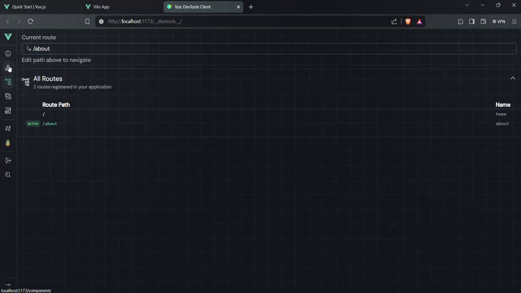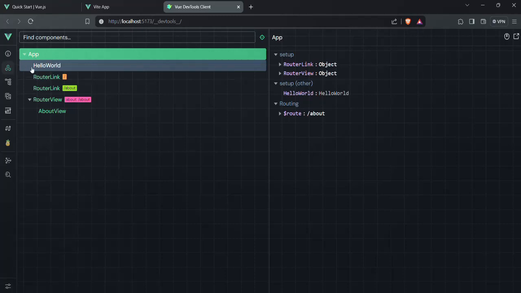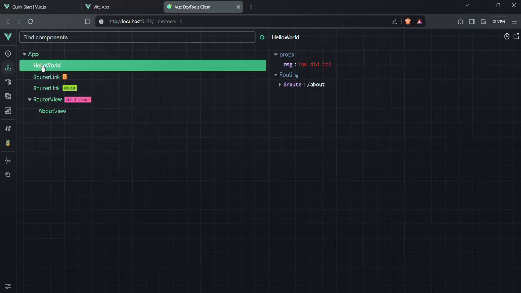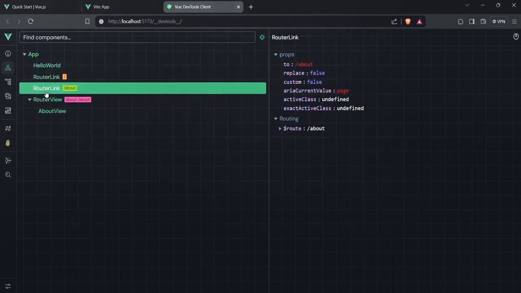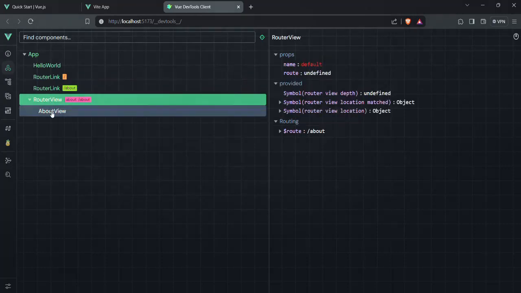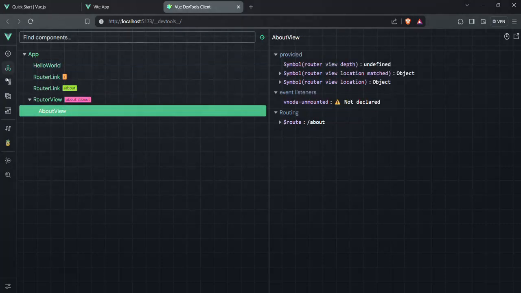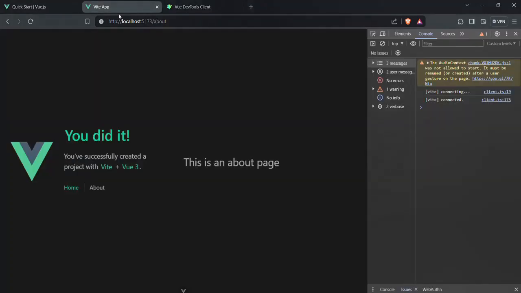And the other thing it can show us are our components and the component hierarchy, which is very important. So we can see that our root component is that app component. That app component then includes our hello world component. The hello world component includes two router connections, and then within a router view, we have our about component, all right? So it allows you to see the relationship, the entire component hierarchy, similar to where you have elements,